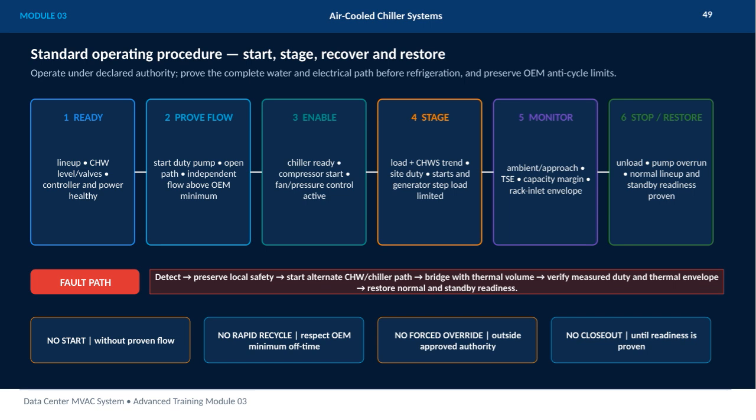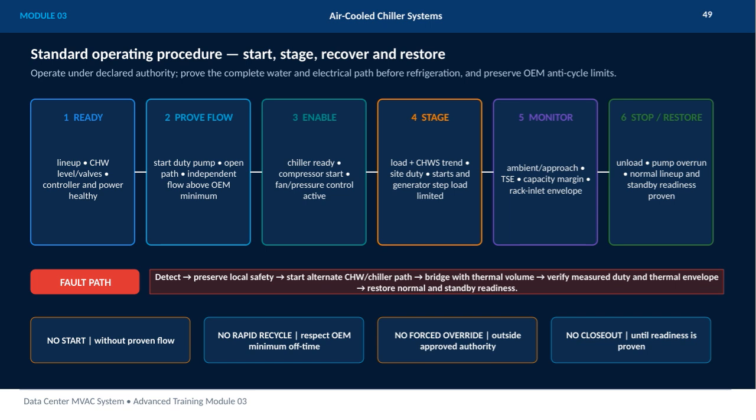Next comes the enable phase, ensuring the chiller is ready, the compressor starts, and the fan and pressure controls are active. During stage, we monitor load, chilled water supply trends, site duty, starts, and generator step load to keep everything within limits. The monitor phase involves observing ambient conditions, temperature sensor errors, capacity margin, and rack inlet envelope to maintain optimal performance. Finally, in the stop/restore phase, we unload the system, allow pump overrun, and confirm normal lineup and standby